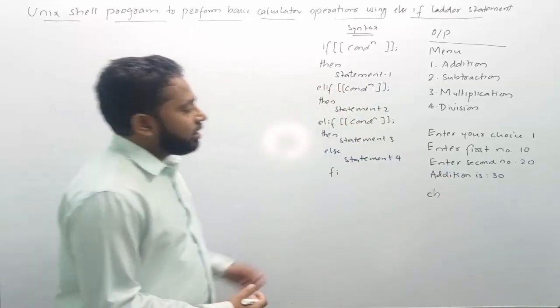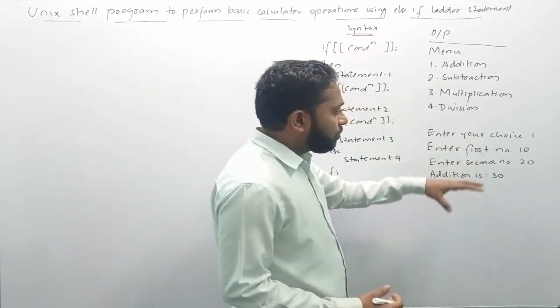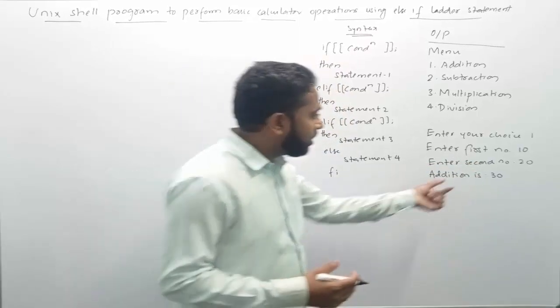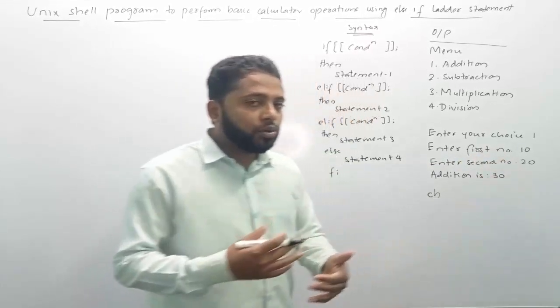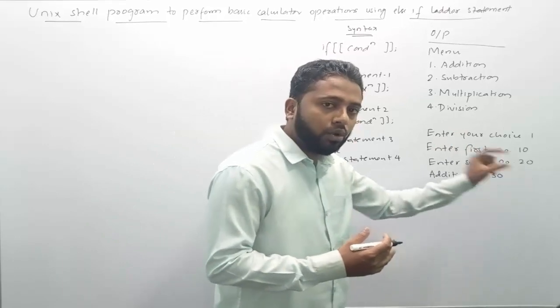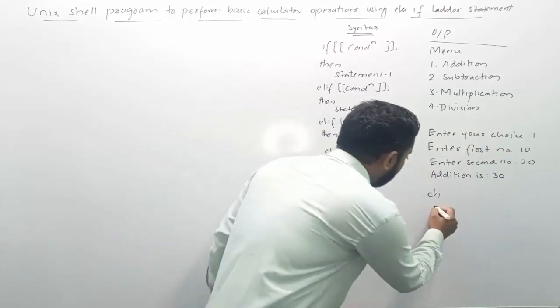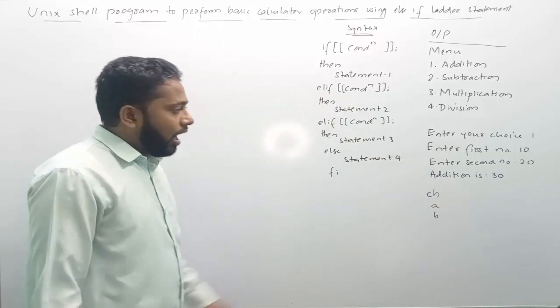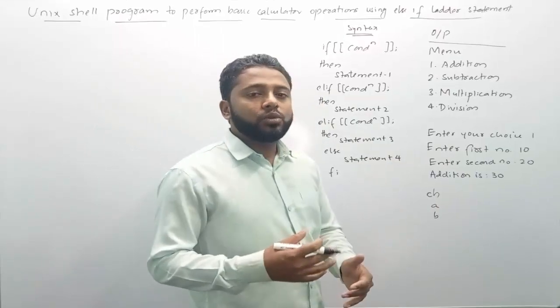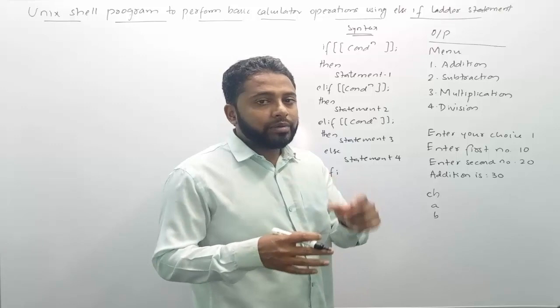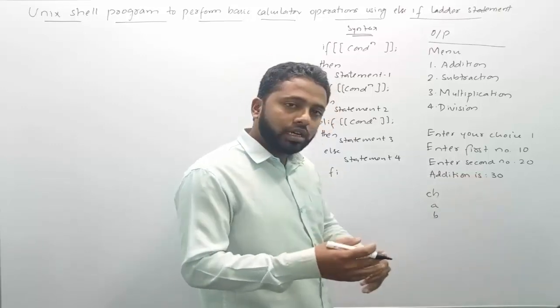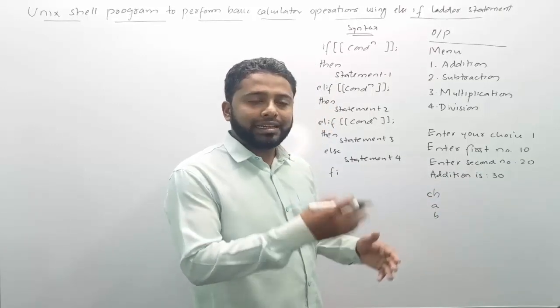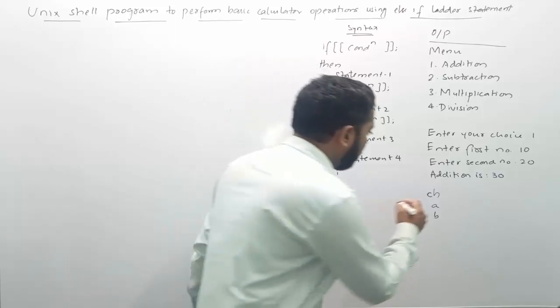Next, immediately after that, the program will ask the user to enter two numbers. So in our program, to hold these two numbers, we need to create two variables, let us say a, b. After that our program needs to make the addition, and we will get the final output, which is 30. And to store that 30, we need to create one more variable,